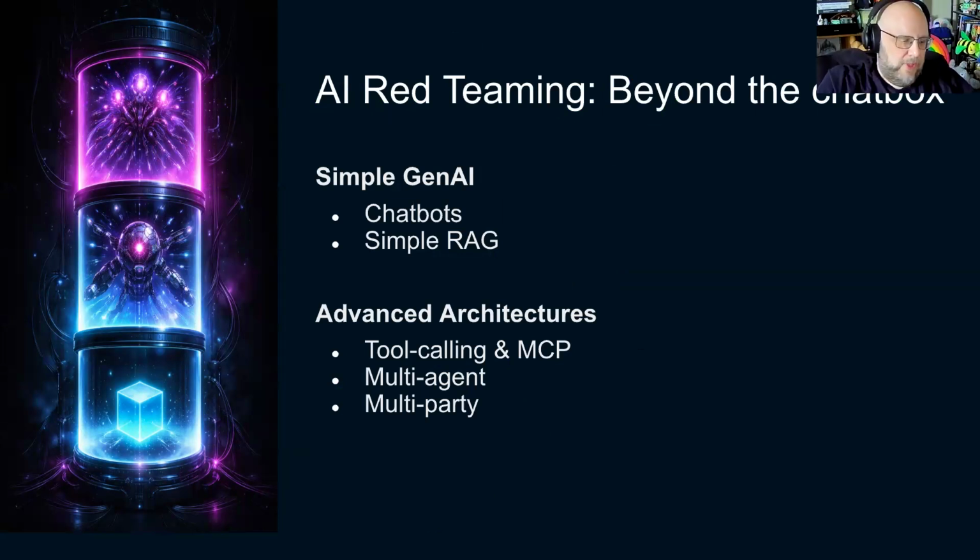The way that we approached this document, we recognized that there are two buckets that people fall into. If you've been doing stuff with AI over the last year or two, you're probably further along than other people. So we see a pattern in the industry right now where people fall into one of two categories. Either you're building some kind of simple Gen AI chatbot, maybe doing some simple RAG, so things like customer service bots that are looking up articles or documentation and providing answers to people. That's a fairly simple use case.